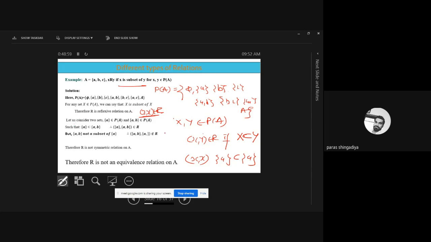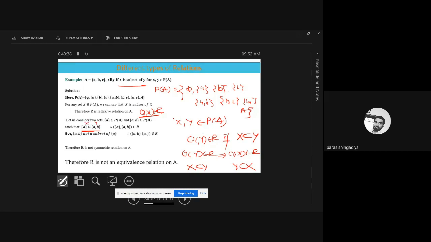Now for the symmetric property. For the symmetric property, you have to check that if (x, y) belongs to R, this implies (y, x) should also be part of R. In the symmetric property, अगर (x, y) है तो (y, x) भी होना चाहिए. ठीक है? तो (x, y) के लिए relation होगा x is a subset of y. So can we say y is also a subset of x? It is not true for such a case. ठीक है? If I consider the example already given here, such that singleton {a} is a subset of {a,b}. This is my x and this is my y.